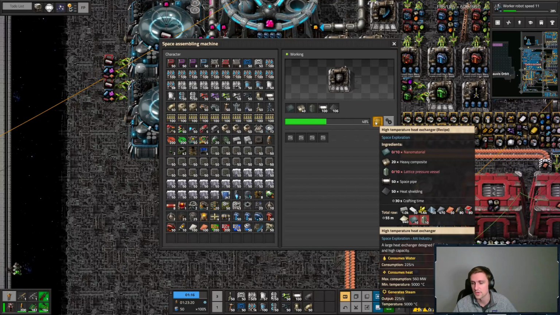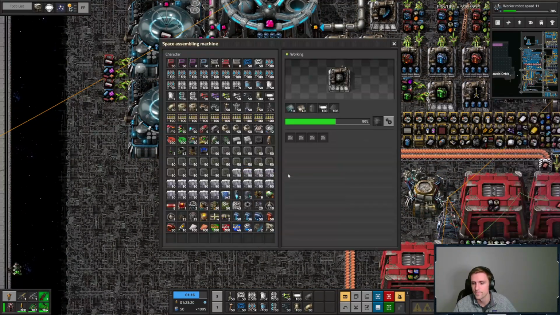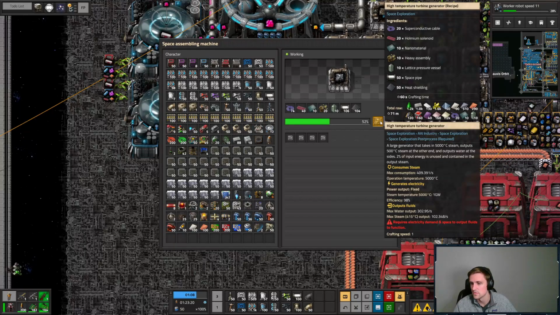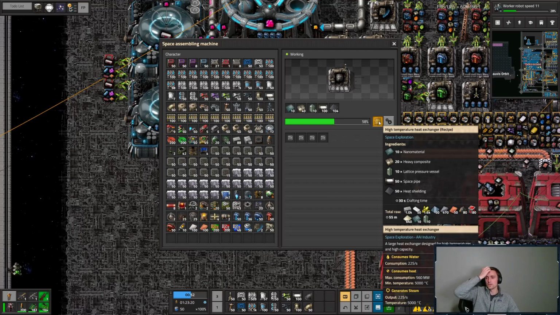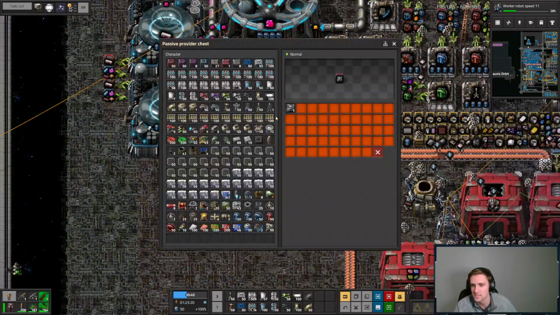So this is a heat exchanger, right, to make this... Yeah, so we do need to do the water. But the good news is that this outputs some water, I believe. Yeah, it outputs 302 water per second? What? So it takes... Now, its max consumption is 409 steam per second, and this makes 225 steam per second. Okay, so you'd have to use 2 of these heat exchangers to power 1 turbine. So we're going to get about half of our turbine's total capacity, basically, which means that this is going to use...